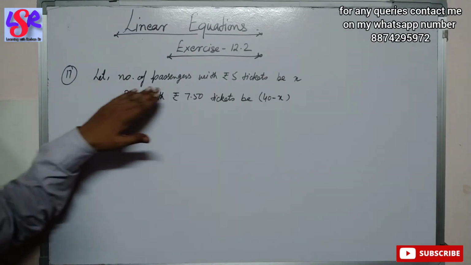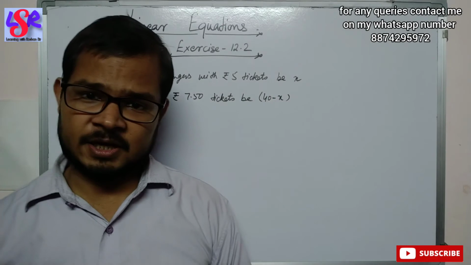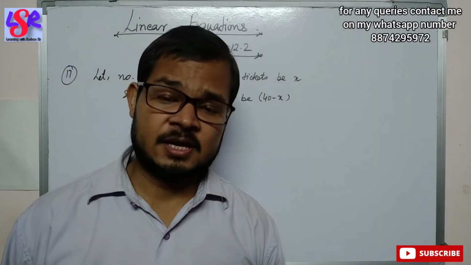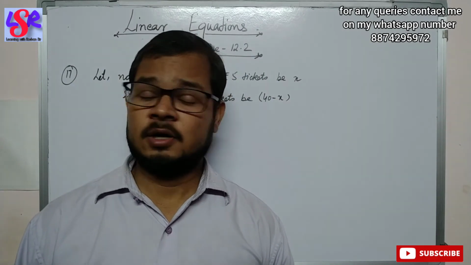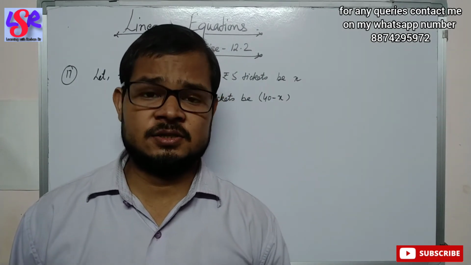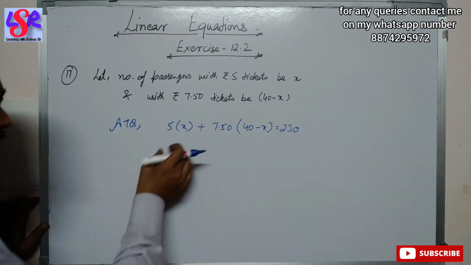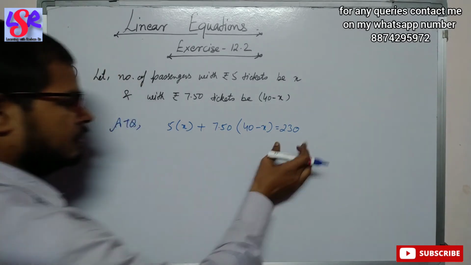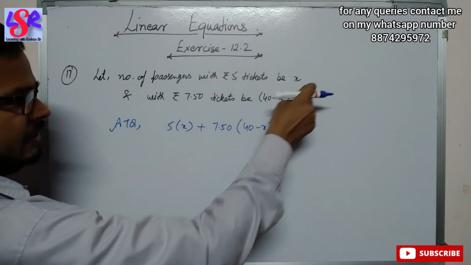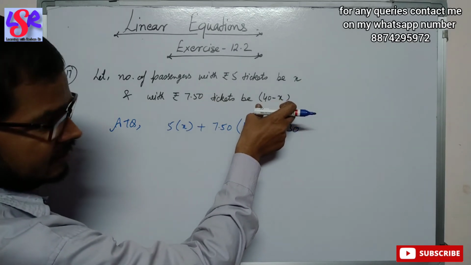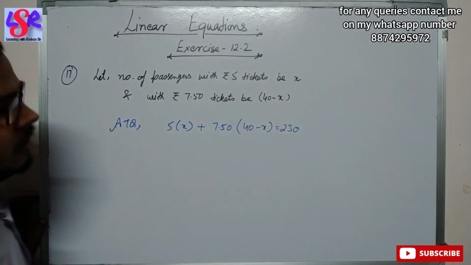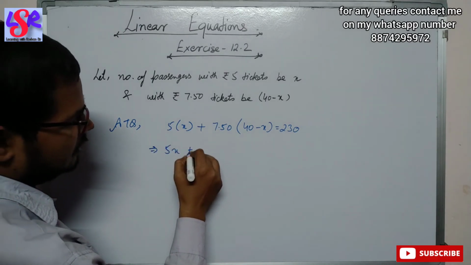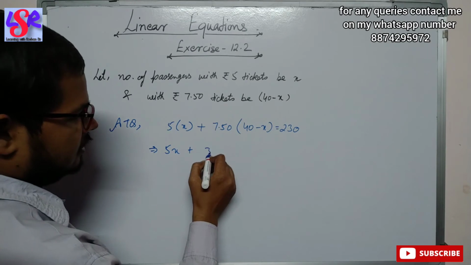Now let the number of passengers with rupees 5 tickets be x and the number of passengers with rupees 7.50 tickets be 40 minus x as the total number of passengers was 40. Now according to the question the total collection is rupees 230. Therefore 5x plus 7.50 into 40 minus x equals 230. Here we have multiplied 5 into x and 7.50 into 40 minus x and the total collection is 230 rupees. Now we are going to open the bracket and this will be 5x plus 7.5 into 40, that is 300, minus